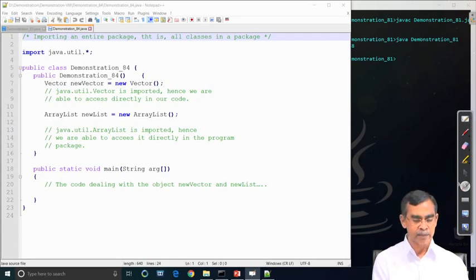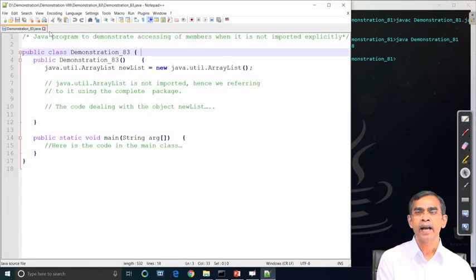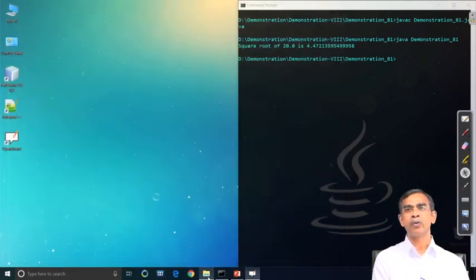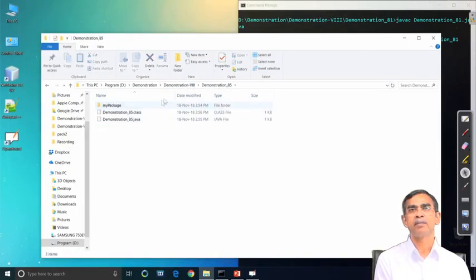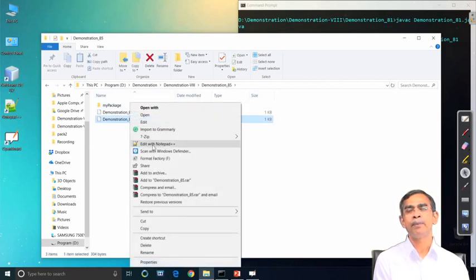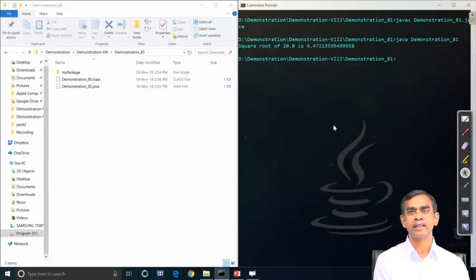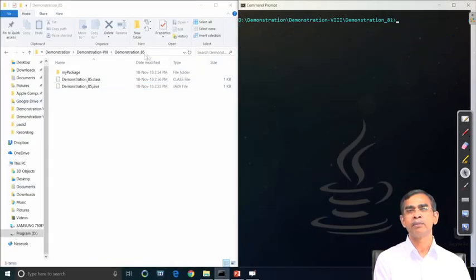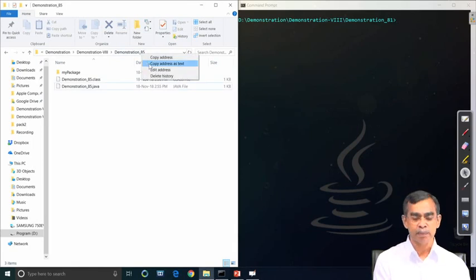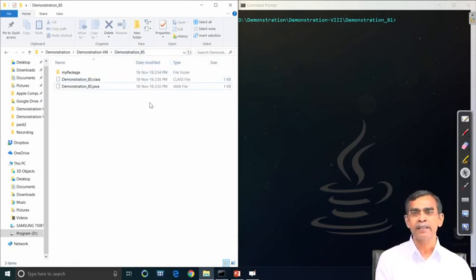Our next demonstration is most important, that is how a user can create his own package. This is a very important concept, because if you have to develop your own application software, you have to build many packages of your own and maintain them. So, from the next demonstration onwards we basically emphasize how we can create our own package, how we can maintain them, how we can access them, and how the different protections can be maintained in there, all these facts.